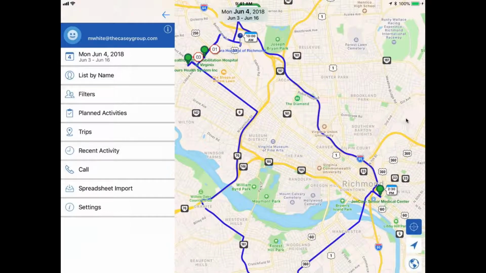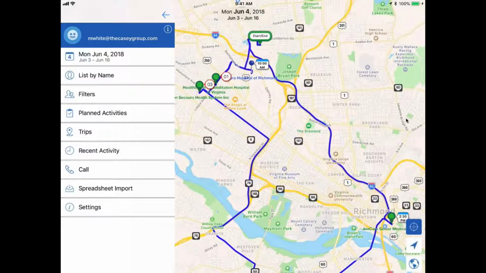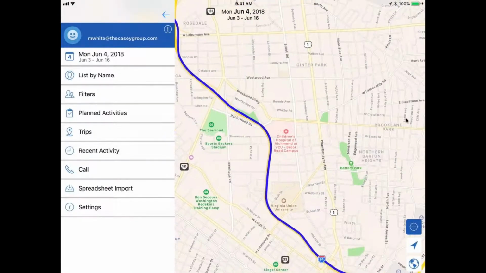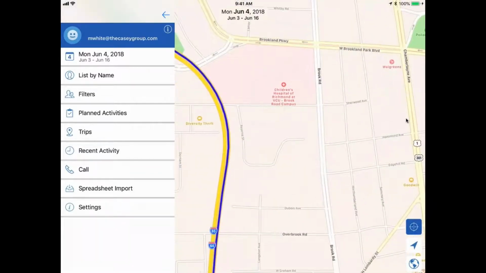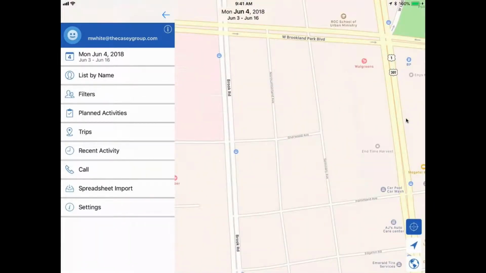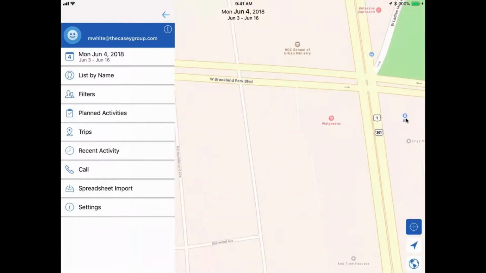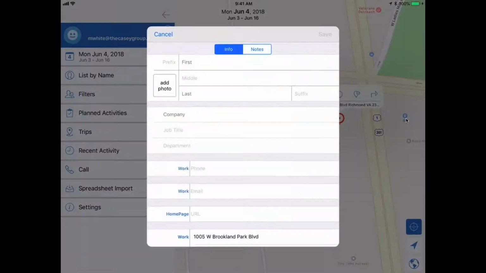Okay, great. Yeah, and just real quick, one other, it's similar to the list by name and the plus sign that Calvin just mentioned. If you're out and about, just another cool quick trick to do if you want to add a contact. Maybe for some reason I want Walgreens to be listed in my contact list. I can just press and hold anywhere on the map, and the app will retrieve that address. And I can tap that little contact icon that we've seen, the little orange profile picture.